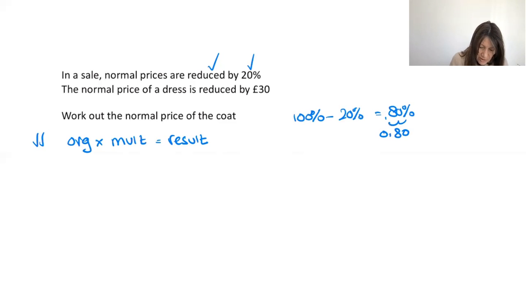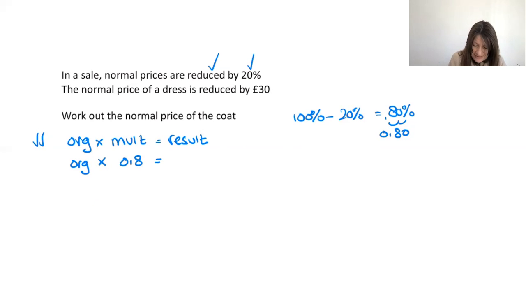Okay, so we've got to think about that question. We are being asked to find the normal, the original cost. So the original is, I have no idea. That's what I'm trying to work out. But I know when it was multiplied by 0.8, it gave a decrease of,